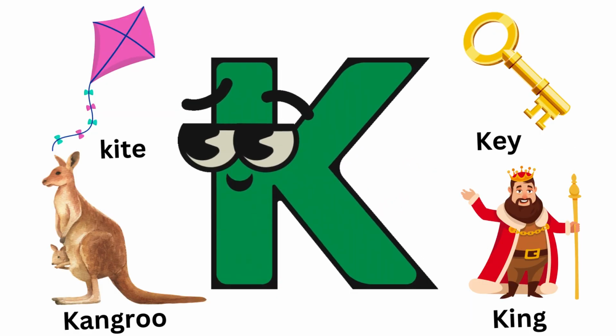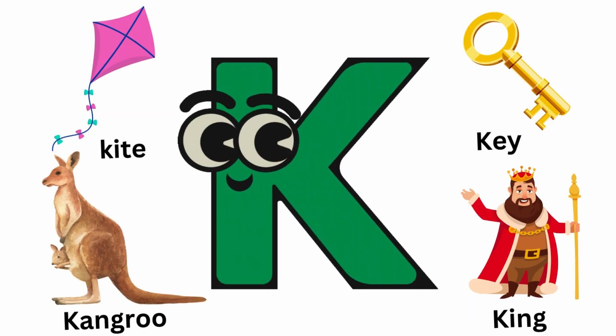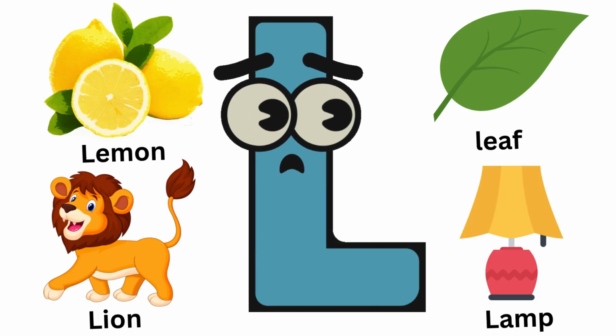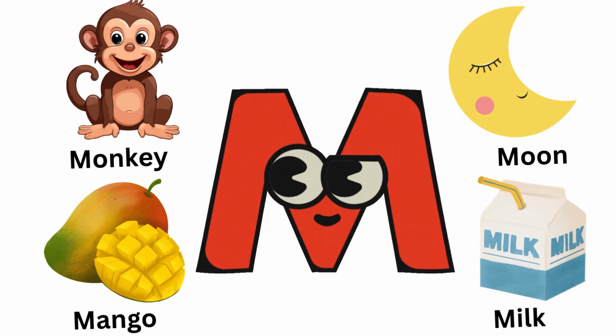K is for kite, K is for kangaroo, K is for key, K is for king, L is for lion, L is for leaf, L is for lamp, L is for lemon, M is for monkey, M is for mango,